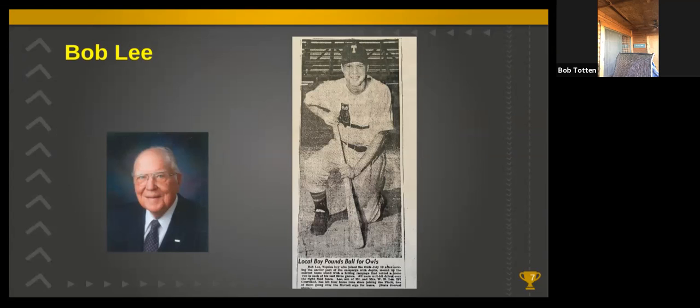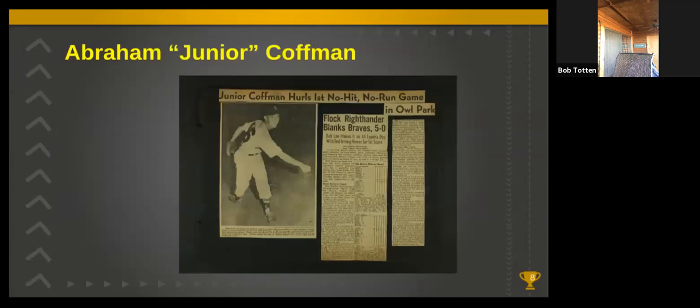Another local player was Abraham Jr. Kaufman, who was a local pitching legend from his days playing Legion ball and semi-pro ball with Topeka's Decker Oilers. Fido signed 23-year-old Kaufman in late July to bolster his pitching staff, and Kaufman rewarded the Owls by pitching a no-hitter a few weeks later against the Leavenworth team. In that game, Bob Lee hit 2 home runs to support Kaufman's pitching gem, and this was the only year that Junior Kaufman would play for the Owls, as he devoted his playing time thereafter to the Decker Oilers.